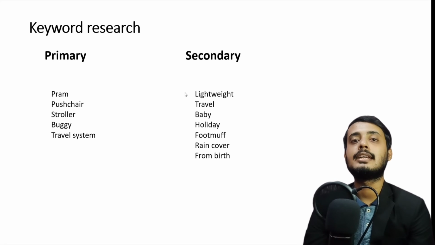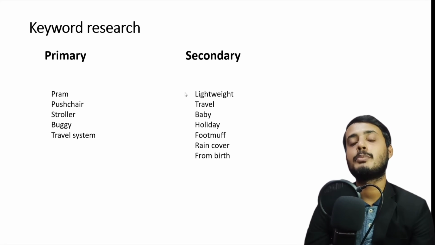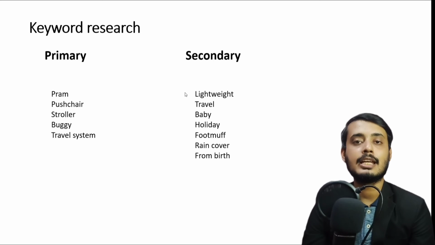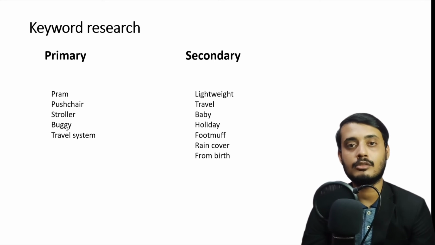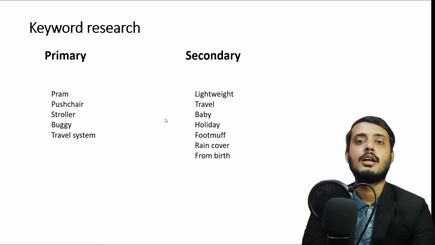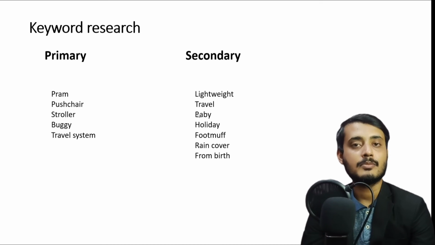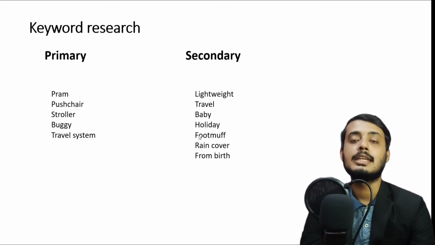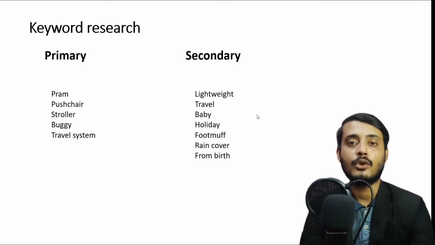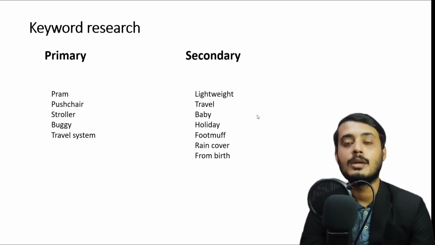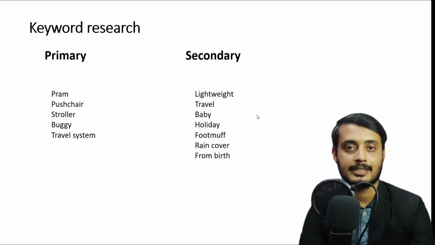Once you have collected a large volume of keywords, divide them into primary and secondary keywords. The primary keywords should be the main high search volume keywords for your product. This should be the smaller number, so five or six. You should have a large number of secondary keywords. These are the keywords which are relevant to your product but not as high volume. So in this example, I have got pram and its synonyms as primary, and as secondary,